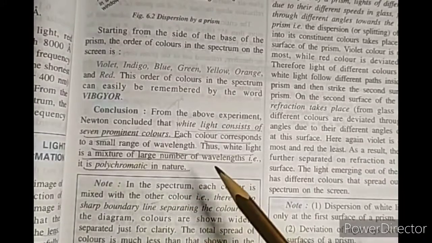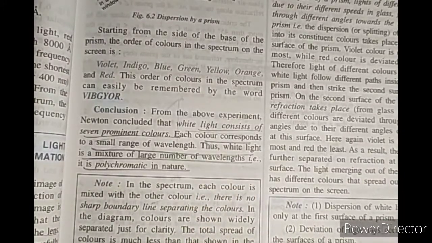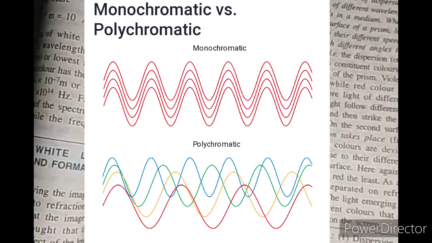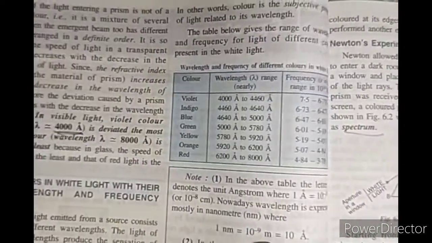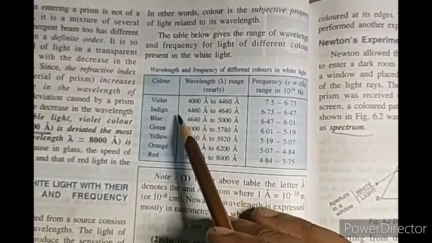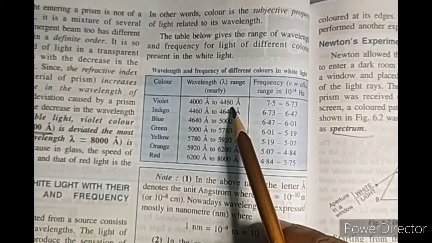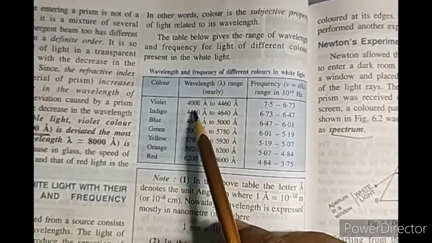Now what is polychromatic and monochromatic, you can see in the image I am showing here. Polychromatic means having different colors in a wave, and monochromatic means having one color in a wave. Like I was discussing, violet light has a wavelength from 4000 to 4460, so that is not a simple violet.